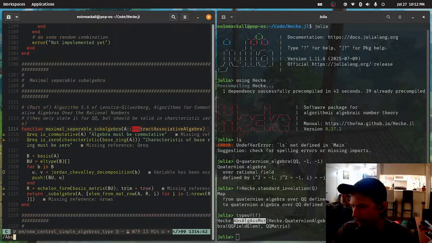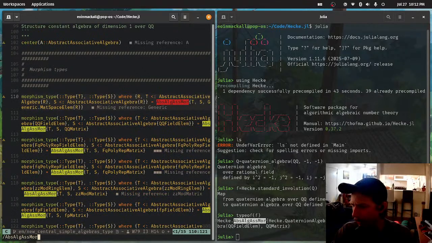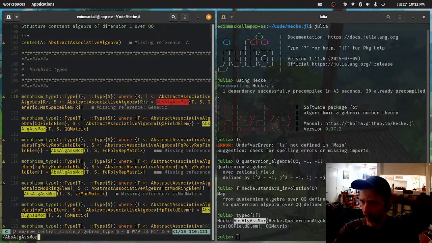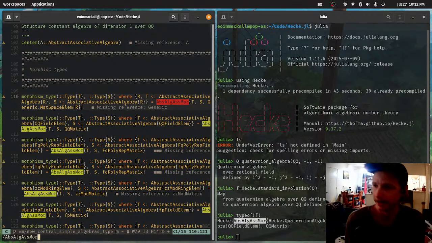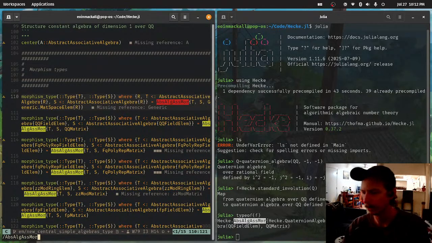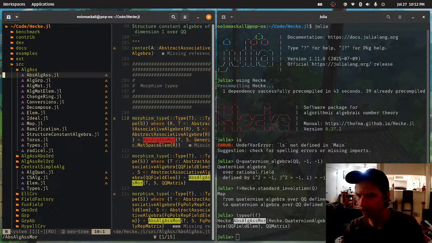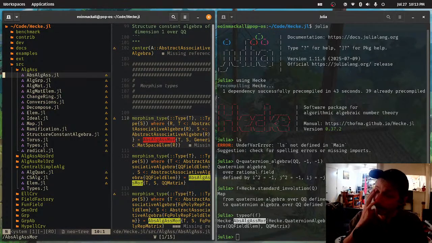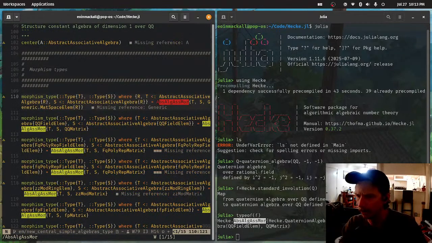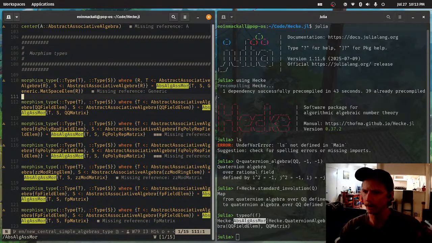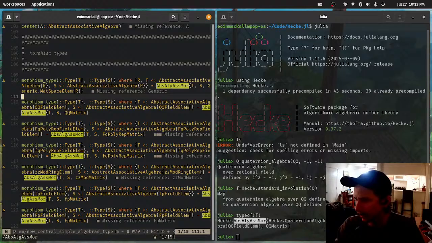So let's try abs alg s more. So the morphism type is just defined in, what file am I in? Just in the, okay. It's just in this original file. So then what we're calling is technically